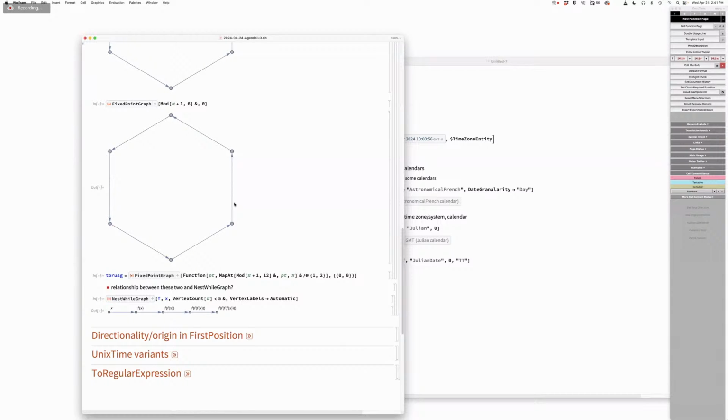Nest list clearly doesn't have an infinity setting with ordinary, except with an infinite list, which is a different story, right? Because nest list,